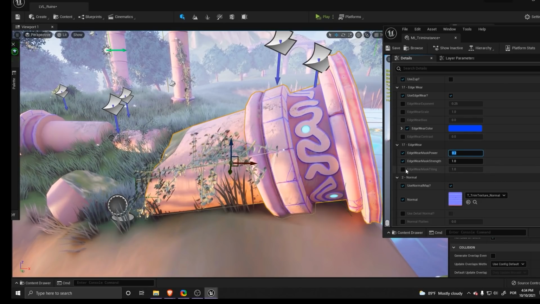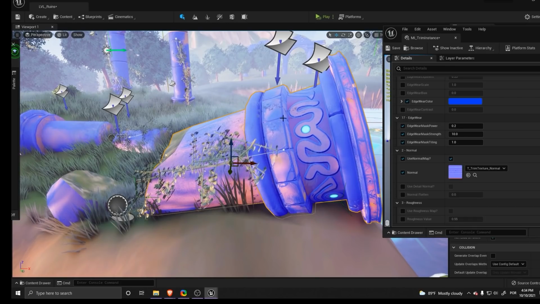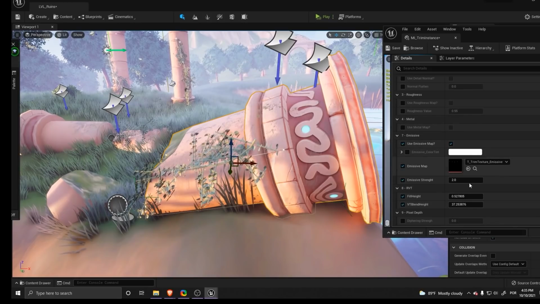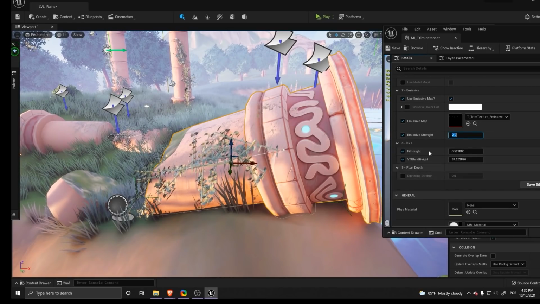I can also change the tiling of that mask, just if I want to vary the results a little bit more. And you can also change how strong it is. So if I change it like a 10. This is really useful to add some highlights and to add some dirt in there as well. And then I have my emissive, and like I mentioned, I can control how bright it is. Since this is inside of Unreal 5, the emissive map is actually working pretty well with Lumen. And I also have my RVT and the pixel depth in there.